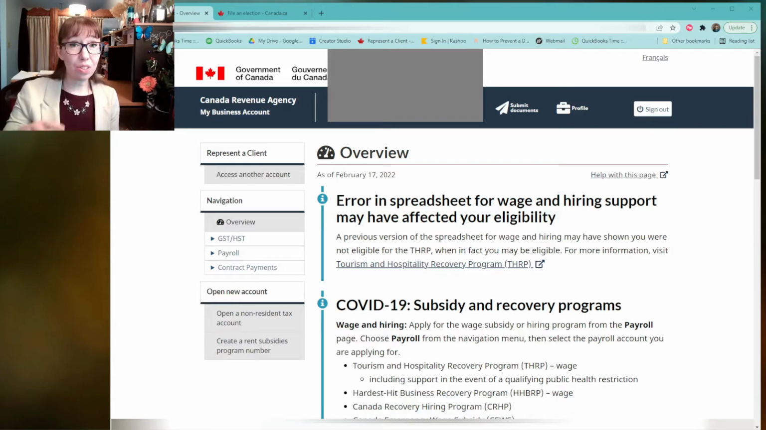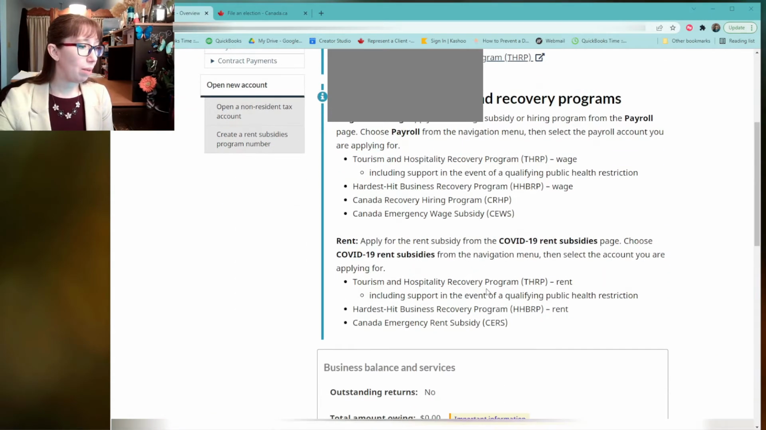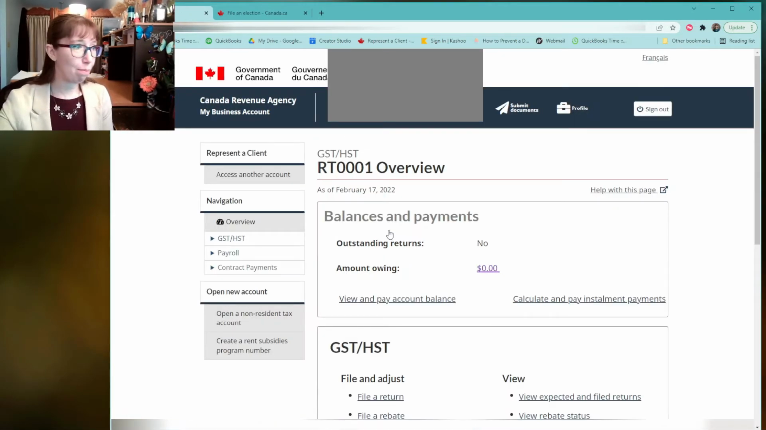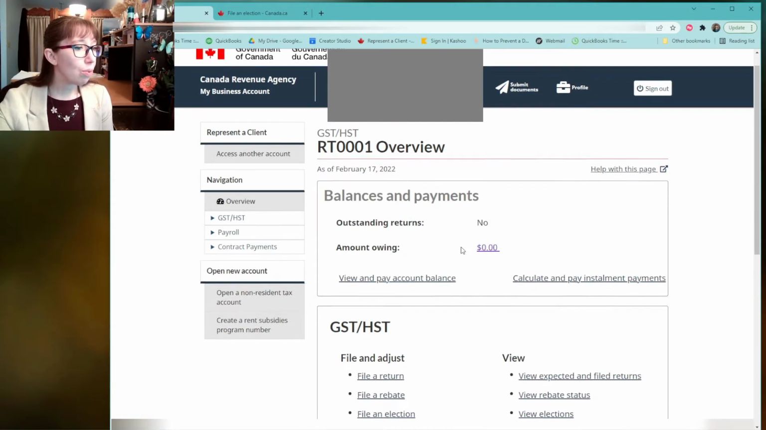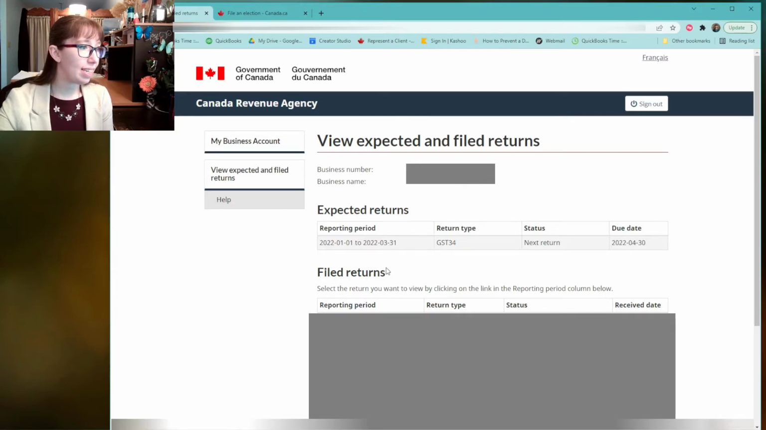Now, we can also confirm that that did take effect right away. If I go back to Overview, for example, or back to that GST/HST section, either way we want to get there. We click here as, like I said, the other option gets to the same place. And if we scroll down here, we can see View Expected and Filed Returns. And we'll click on that, and what we can see is now it's only expecting January to March 2022,